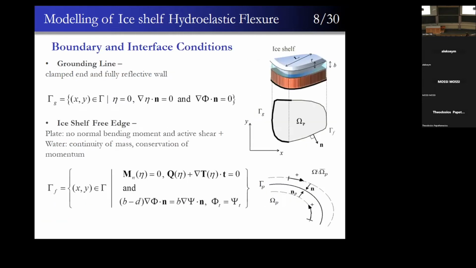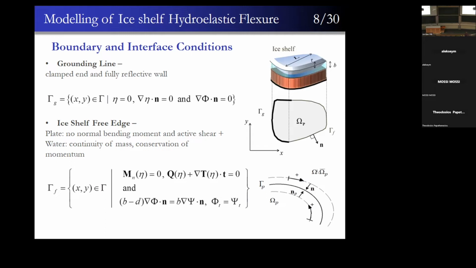So for the grounding line, we assume that the deflection and rotations of the thin plate representing the ice shelf is zero, and that the boundary is impermeable for the water. So we have a Neumann condition for the velocity potential. For the front of the ice shelf exposed to the ocean, we assume zero normal bending moment and active shear